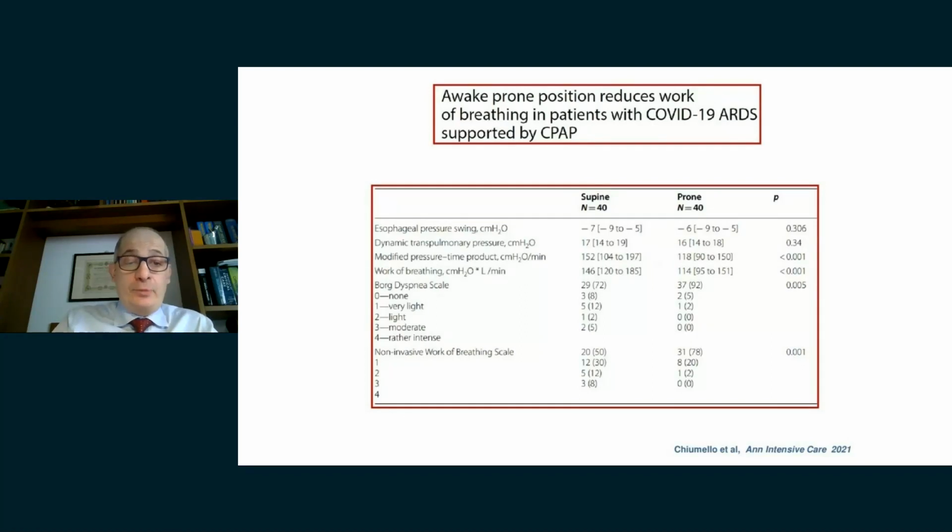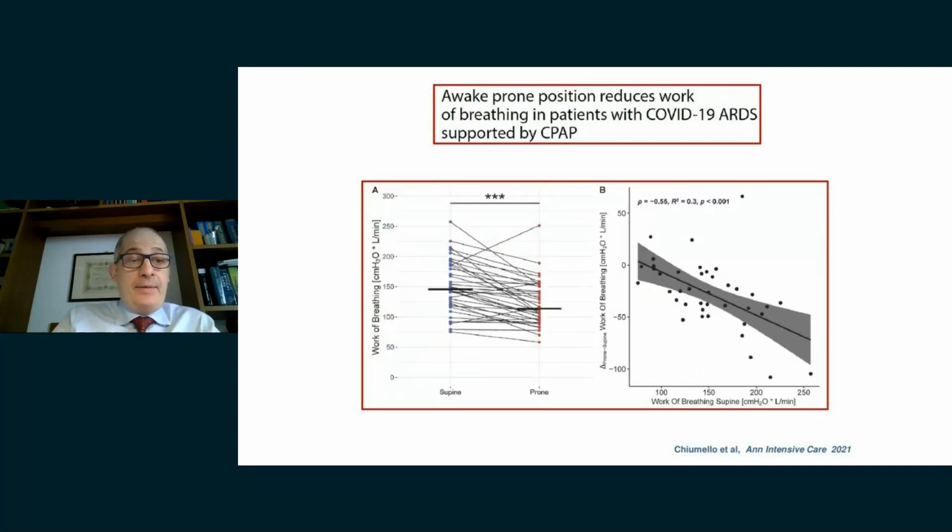What about the work of breathing? So the inspiratory effort. In these patients, the inspiratory effort was measured by an esophageal balloon, and we measured the pressure time product and the work of breathing. The prone position significantly reduced the work of breathing and the dyspnea scale of the patient. Here is the change for the work of breathing from supine to prone position